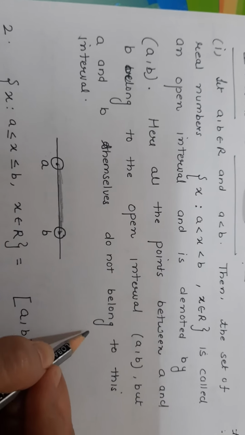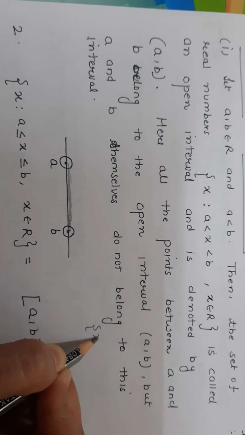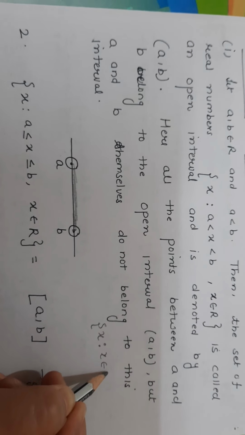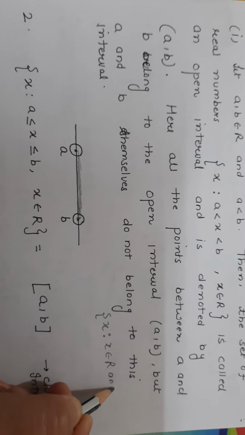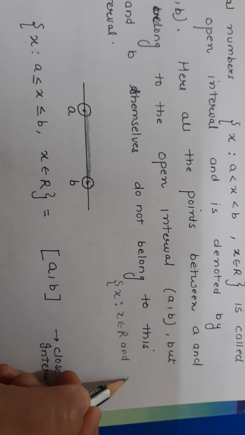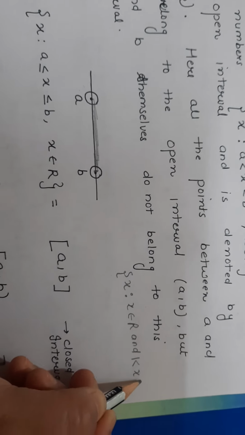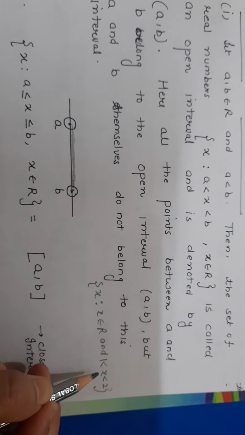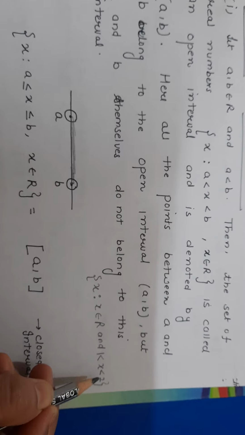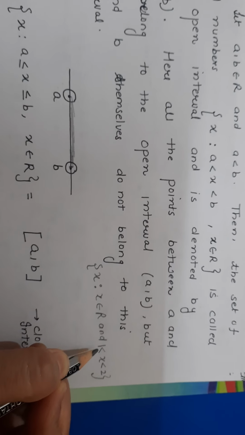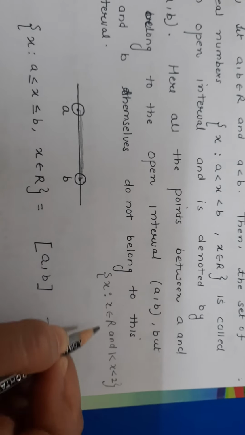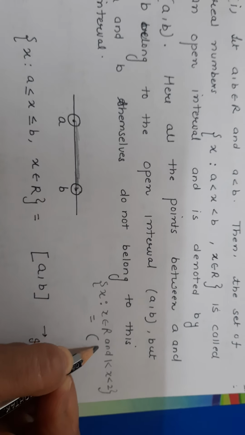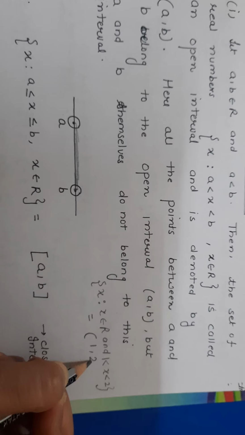Right? Suppose you have to plot this on the number line: the set of those x, x belongs to real, and x is greater than 1 but less than 2. Right? So that means you have to write all the real numbers which are greater than 1 and less than 2. So what will we do? Here 1 and 2 will not be included, so we are going to write an open bracket at 1 as well as at 2.